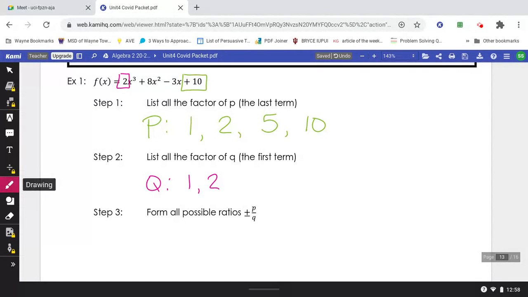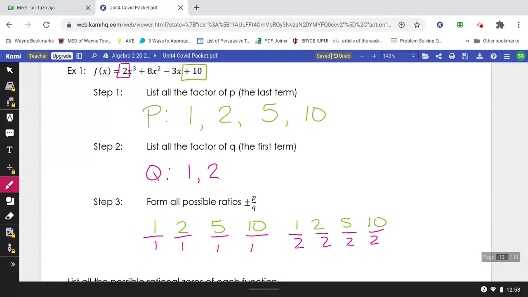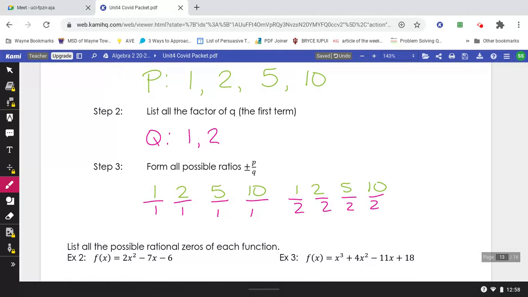Then what you're going to do is form all possible ratios or fractions of P's over Q's. So you're going to take each of the P numbers, 1, 2, 5, and 10, and you're going to divide them by the first Q number, 1. Then you're going to do that same thing, all the P numbers, and you're going to divide it by the second Q, the 2. After that, we're just going to divide those out and get whole number answers, putting a plus or minus sign